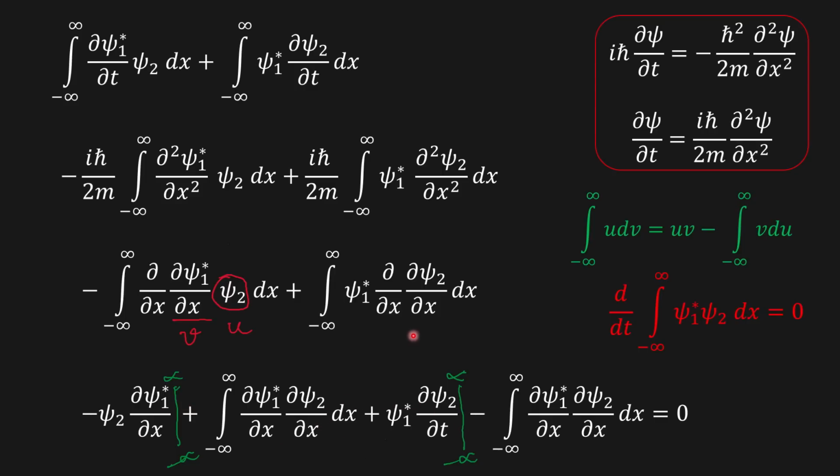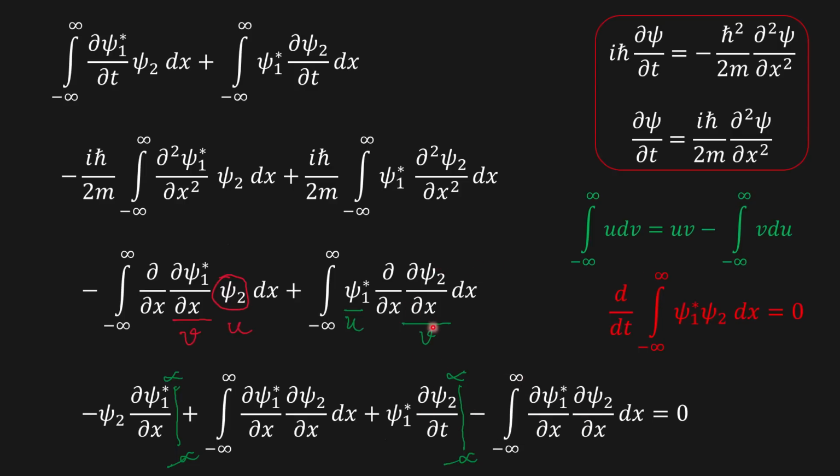Then take the second integral. Here ψ1 is u, and dψ2/dx is dv. So this integral becomes u dv, which is equal to u times v, where u is ψ1* and v is dψ2/dx, between the limit minus infinity to plus infinity, minus